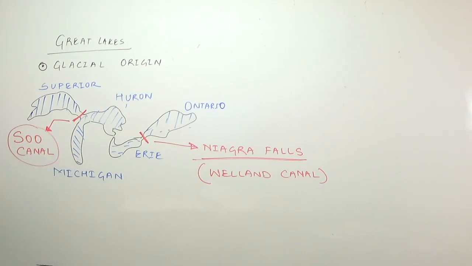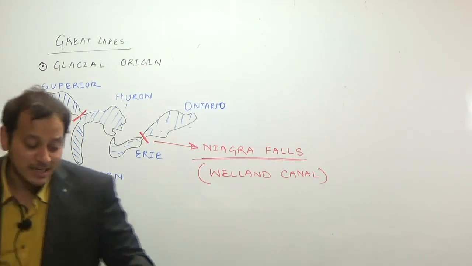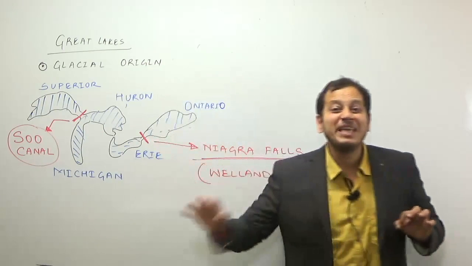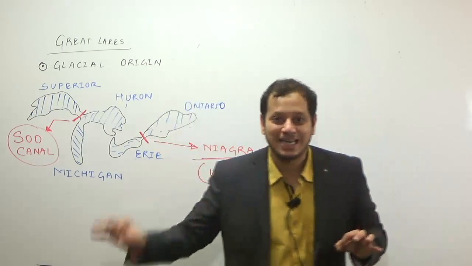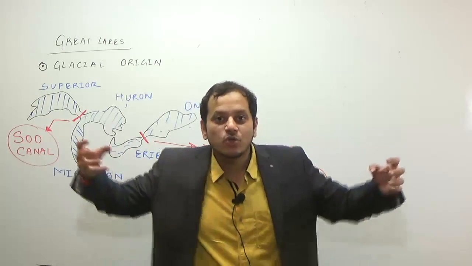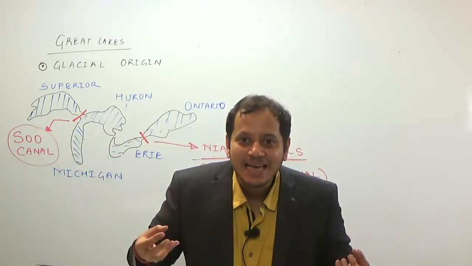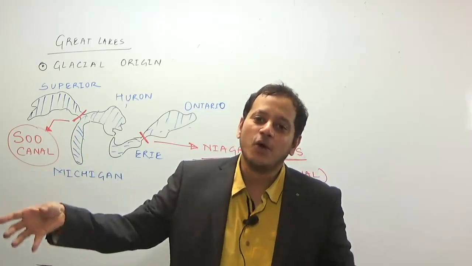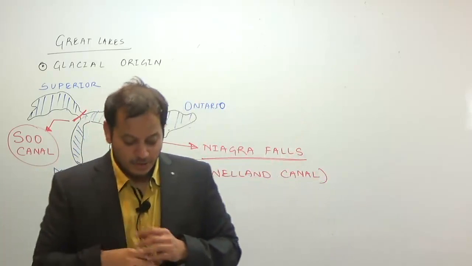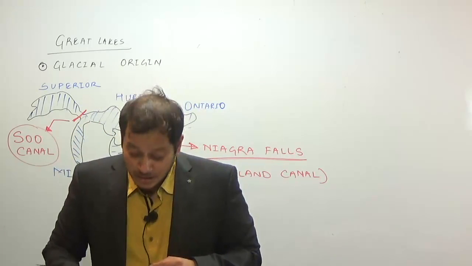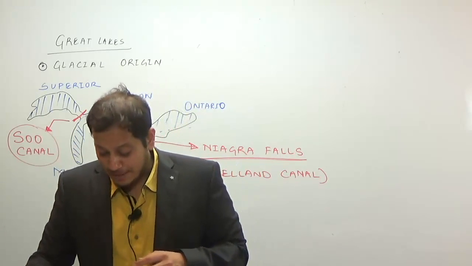There is a Soo Canal between Lake Superior and Lake Huron. This is what you remember. So Soo Canal is between Superior and Huron. Niagara is between Erie and Ontario. Now, one more thing you should remember is